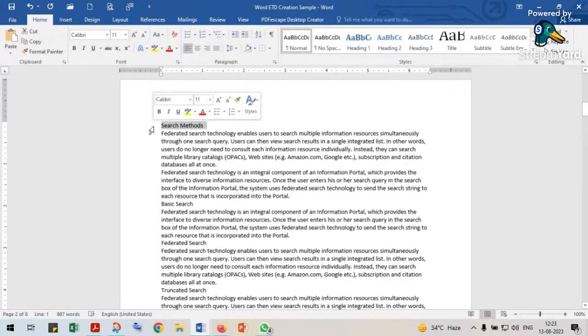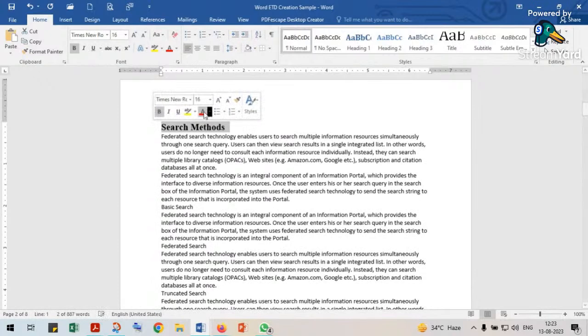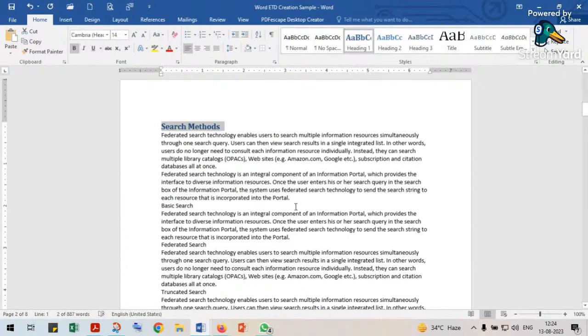What we do is, we make it bold, we may change the font, we may change the size, we may change the color, or some people make it italic or even underline also. But that is not the proper method of preparing a heading. We should use these headings to make our headings. But the problem is,